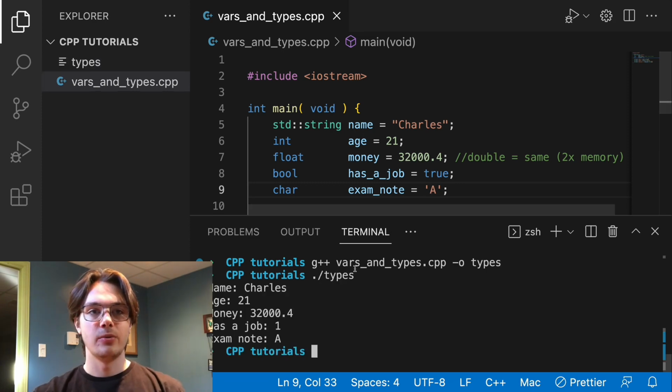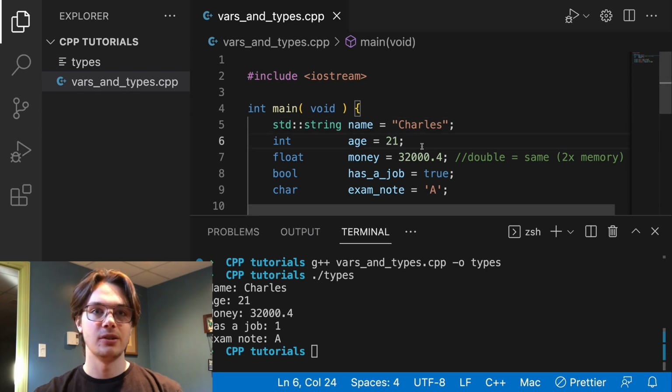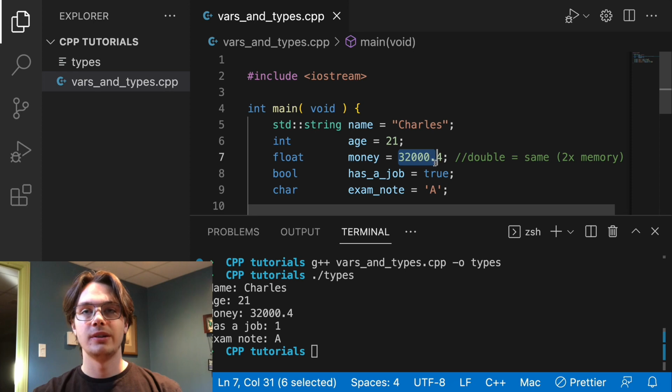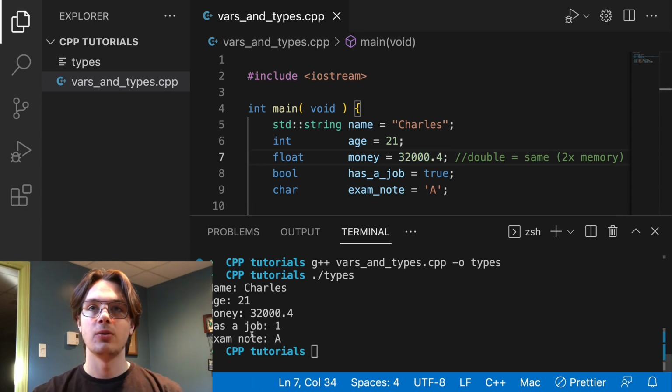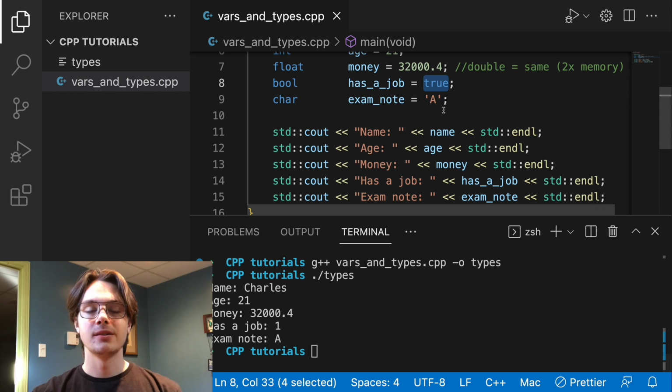So as you can see right there, the name is Charles. That's great. We see Charles. The age is 21. It's the same thing. That's good. Money, 32,040 cents. That's good. We see it. Is a job equal 1. So I wrote true, and it's writing 1 in the output because